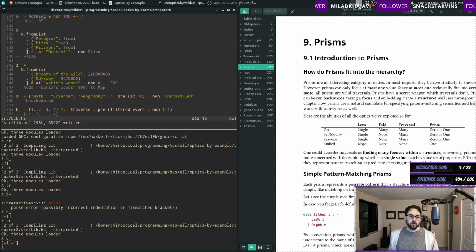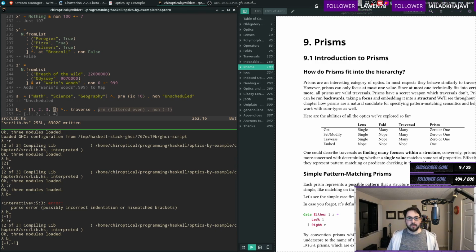It does filtered first. No, it does traverse first. Oh, and even when we put it inside the list. So the idea of pre is like go find the first thing that matches, and if you don't find it, do this thing. So it's like when we put traverse inside the pre, so traverse dot filtered,